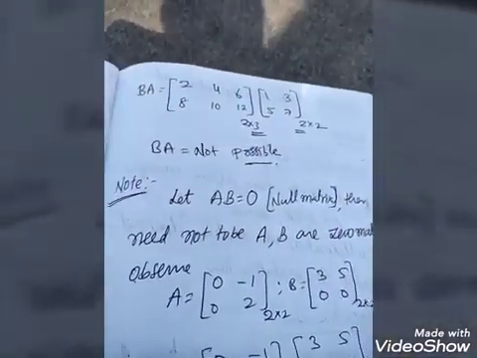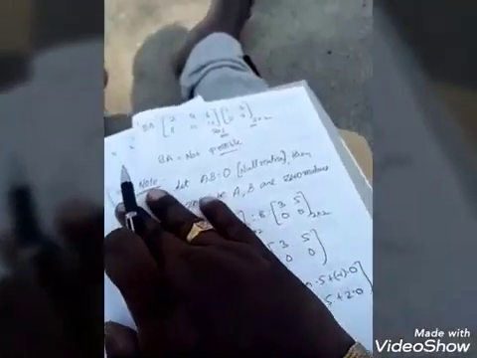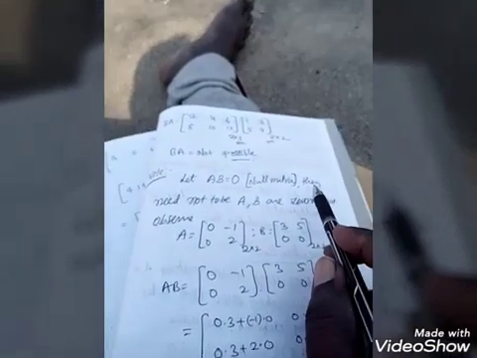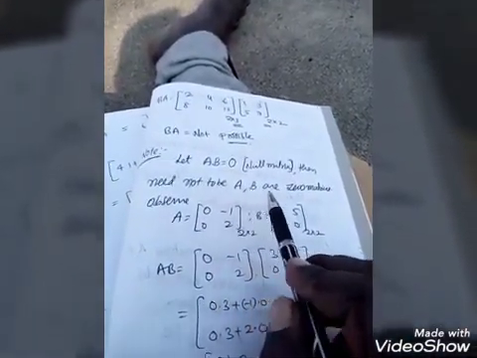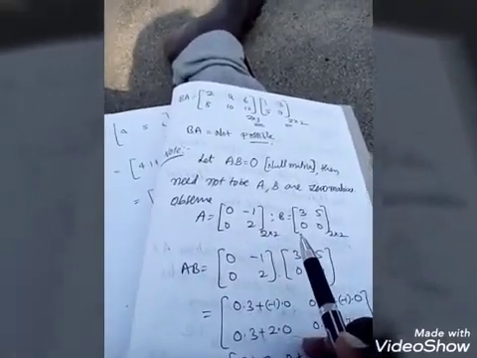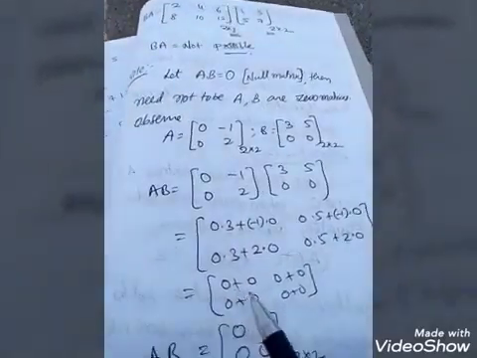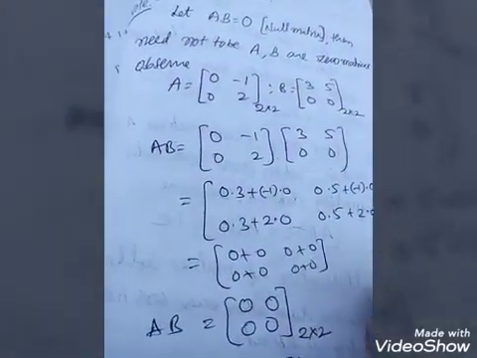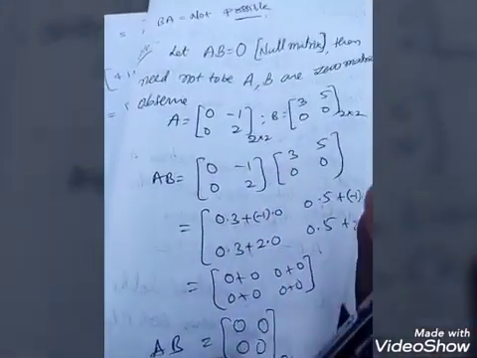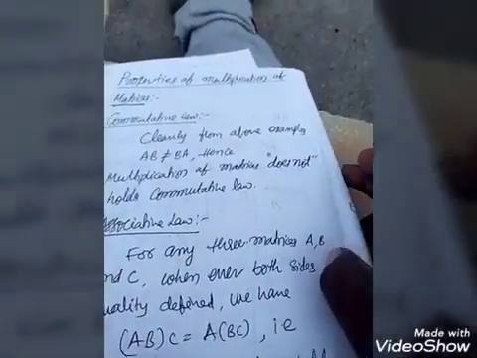And usually, observe there, in usual numbers AB is equal to 0 means either A is equal to 0 or B is equal to 0, but in matrices it is not like that. Here AB is equal to O, then A and B need not be 0 matrices. Observe the following example. If I take one column as 0 and one row as 0, ultimately what you got? AB is all 0, that means the null matrix you got, but neither matrix A is a null matrix nor is matrix B a null matrix. This is the condition of the multiplication of matrices.